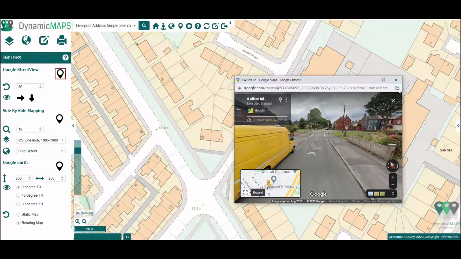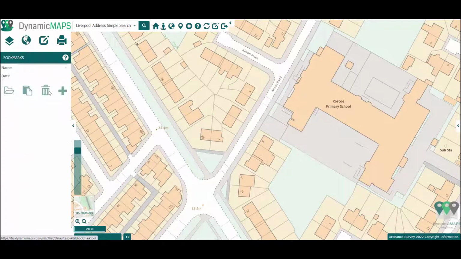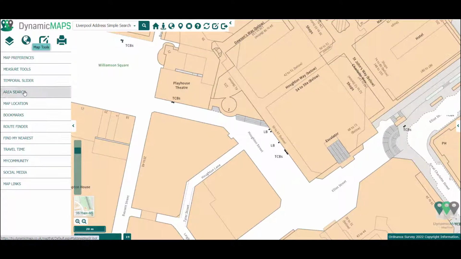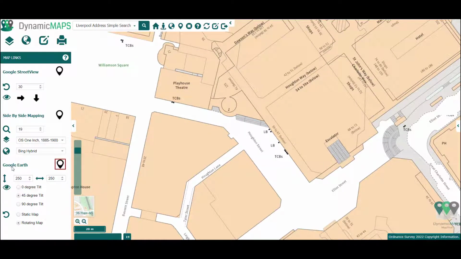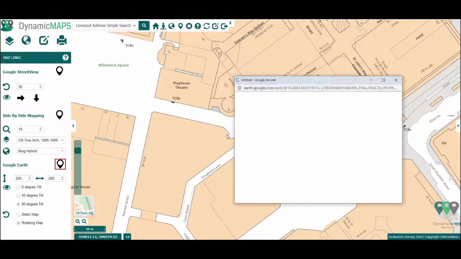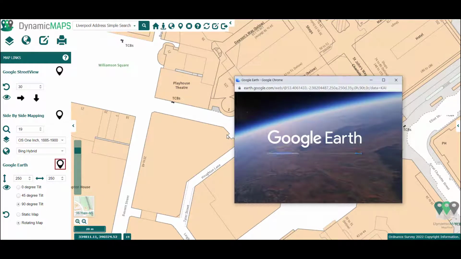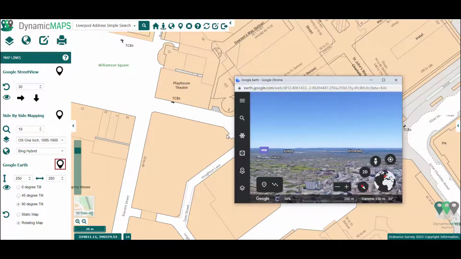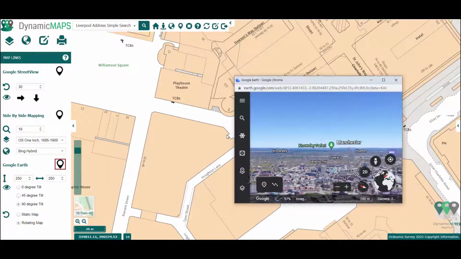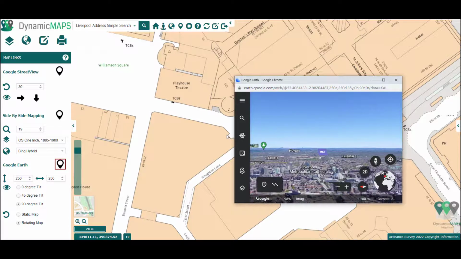Back in MapThat, let's now use the Bookmark tool to find Radio City in Liverpool. Once we've found this location in the Map Links tool, we'll use the Google Earth option. Again, there are preset options for how the 3D view will open, including altitude, tilt angle, and whether the map is static or rotates. Using the pin marker, click in the map near Radio City and Google Earth is activated. It rotates around Liverpool, showing the view from the chosen location, Radio City, allowing you to see a 360 panoramic